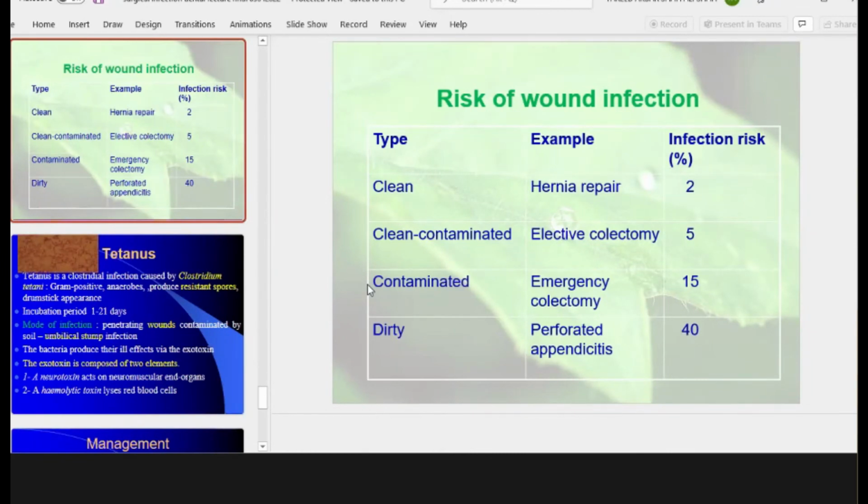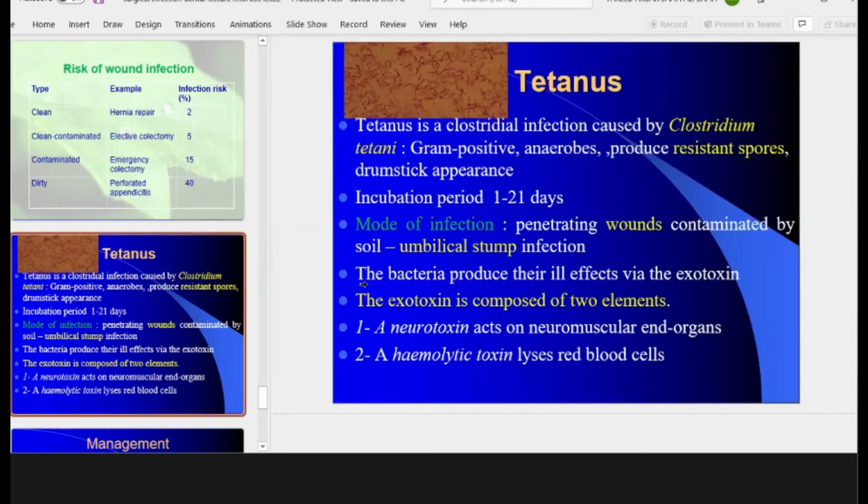And similarly, for the dirty surgery, you will have to continue with the antibiotics. Okay, tetanus, you have heard a lot about, maybe you have heard a lot about tetanus. Whenever you get a road trauma, you will go to the emergency room, they tell you, okay, you should get your tetanus immunization. So tetanus is one of the very dreadful, very dangerous, anaerobic, gram-positive,